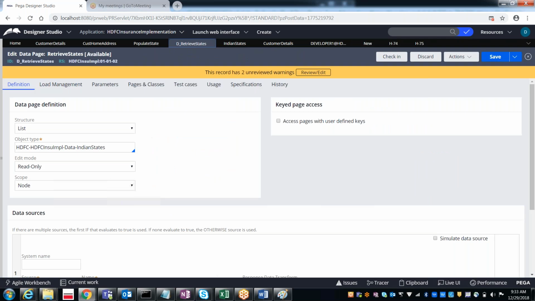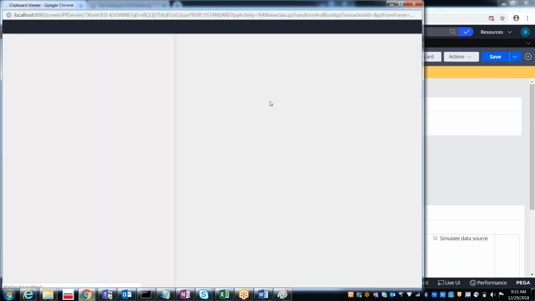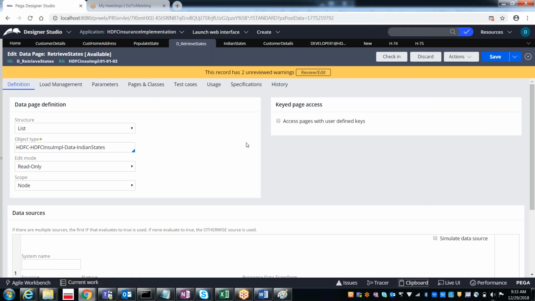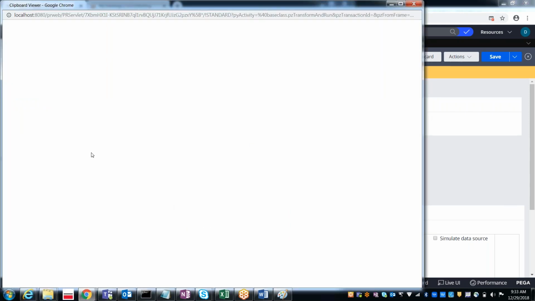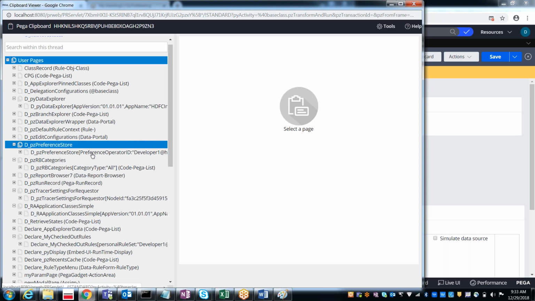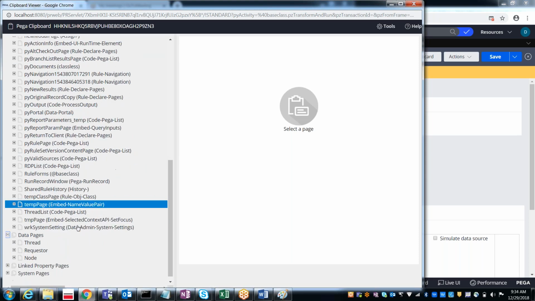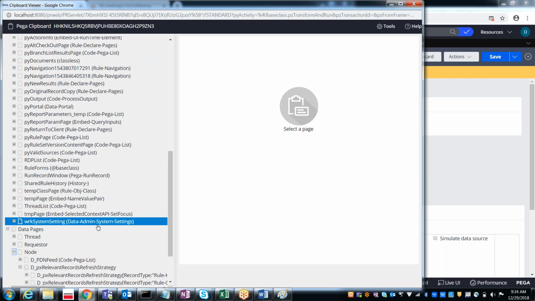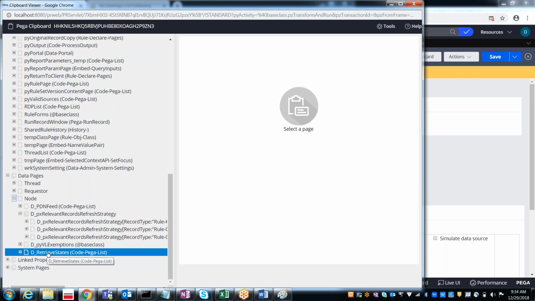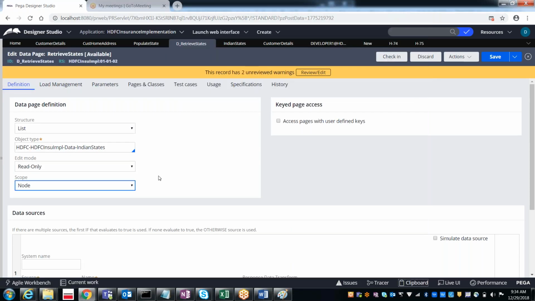Even if you see it on the clipboard, it will still be available, as it is under the node level, data page node D_retrieve states. It will be available at the node level. So that is the main difference of the data pages.